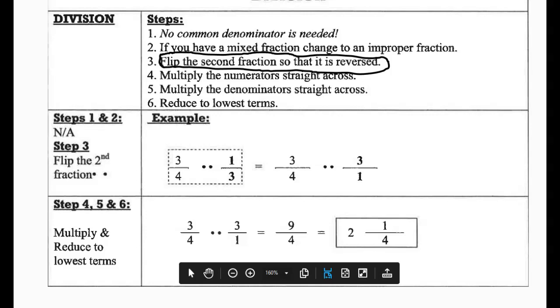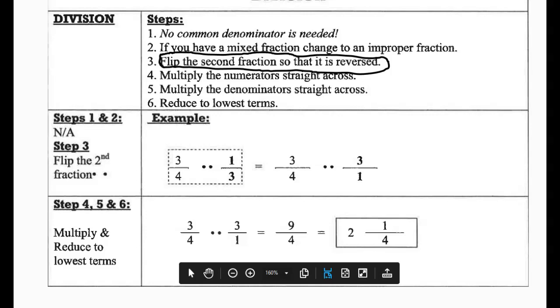This is the most common step that I see students forget when they're doing the full dosage calculation, because as they're working it out, they're trying to go too quickly and they forget the rule. And if it's not flipped, of course, it will be incorrect. And with dosage calculation, we cannot be incorrect because that is the safety of our patient, and it could be a life or death situation if we calculate a dosage incorrectly and then administer it to the patient. So make sure you remember with division that you need to flip the second fraction so that it is reversed,